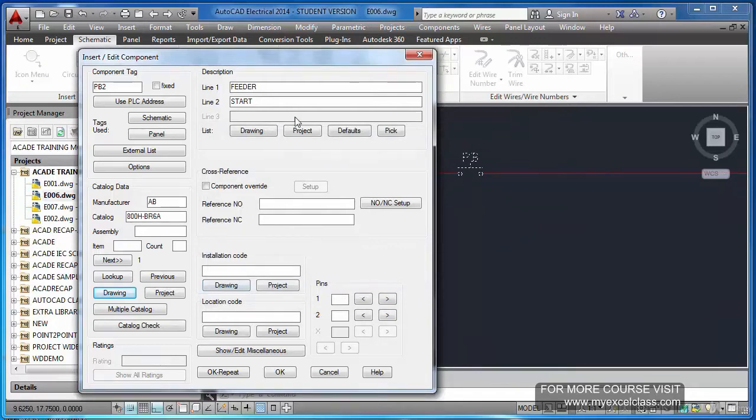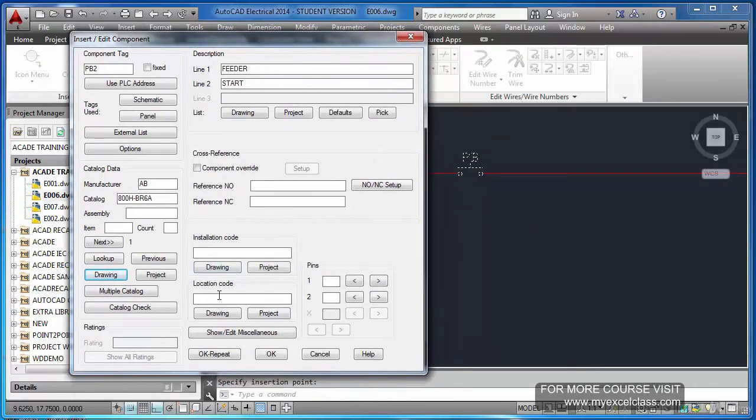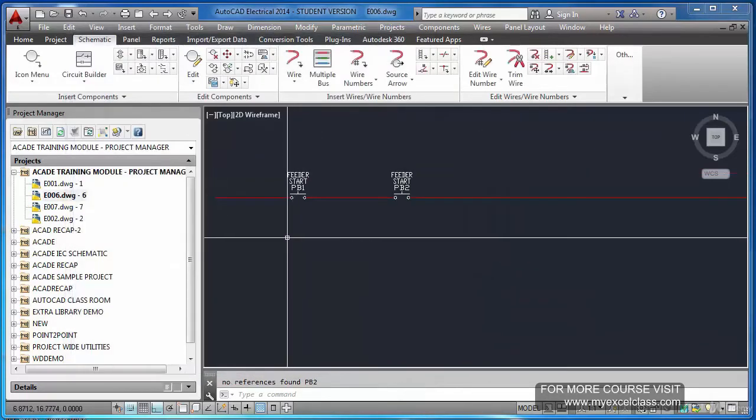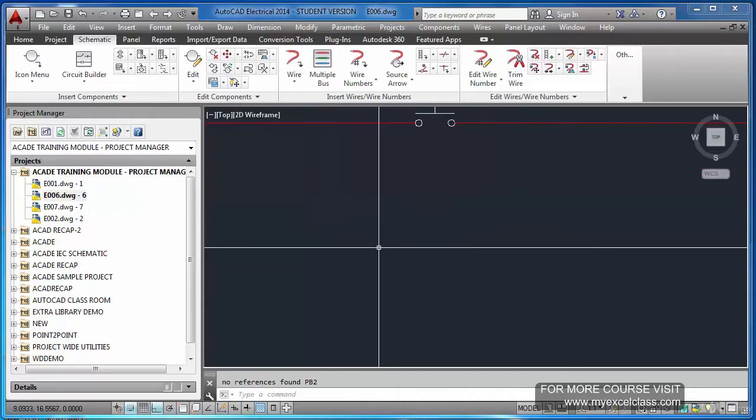Installation, I told you what it means. Installation, location. Installation is nothing but a particular area. You can call an area an installation. For example, there are a number of panels, say 50 or 60 panels, in one section. You can call it lineup 1. That is your installation. And within that lineup you have the first panel, second panel. So for the first panel, if I put 01TT or 01P, that is my installation. Okay, see PB2 insert, PB2 start.